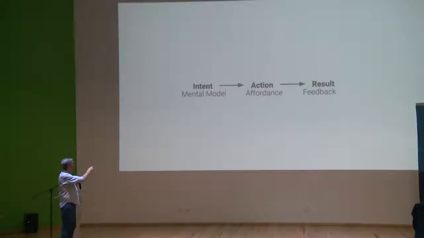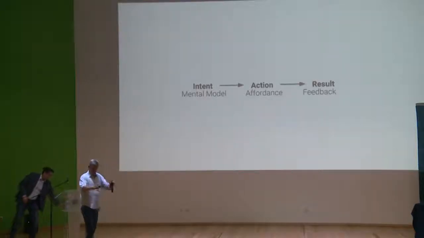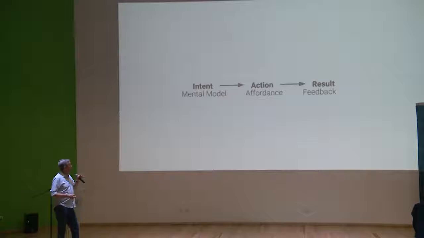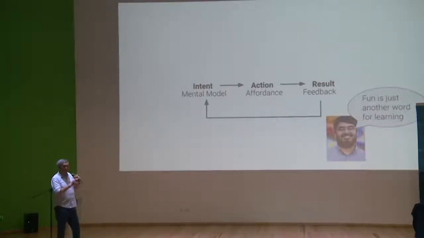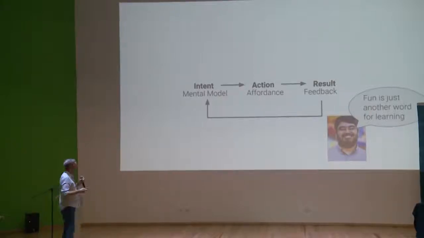And in psychology, they often have a mental model, an affordance, and feedback. You think you know what's happening, you try something, you see the result, and you go, oh, I'll try something else. This is a classic way in which you learn something, through this feedback loop. But what I loved that Raf was saying in his book is that fun is just another word for learning. And games deeply know this. They're not in the entertainment business, they're in the learning business. And I'm like, wait a second, so are we. We're doing the exact same thing. I thought that was very interesting.